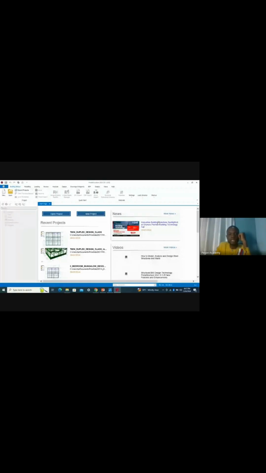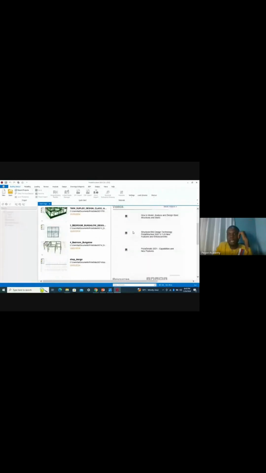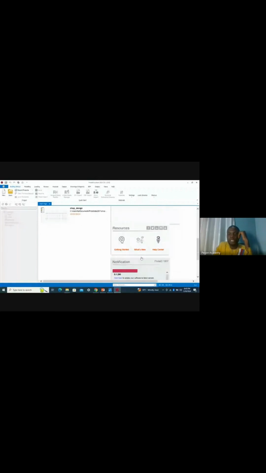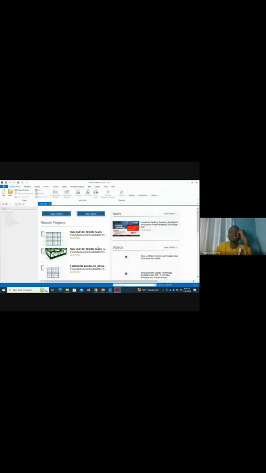So here, if Protastructure has some news, it is going to be shown here. Like you can see, a fair was organized in Ghana, I think in January, right? A fair was actually organized by Protastructure. I think they were doing some marketing in Ghana. So you also have some videos here that are going to be shown to you, and you have some notifications right here as well. So I'm just going to open a previous project to show you